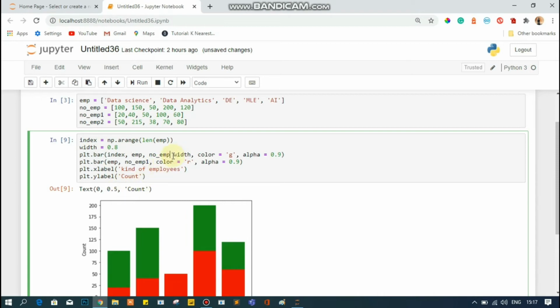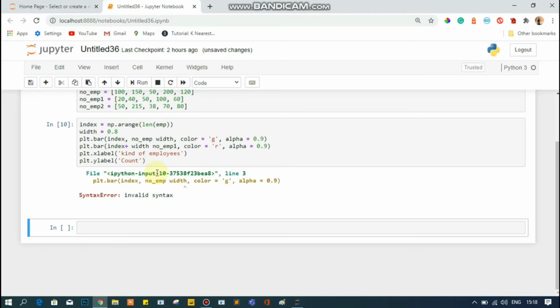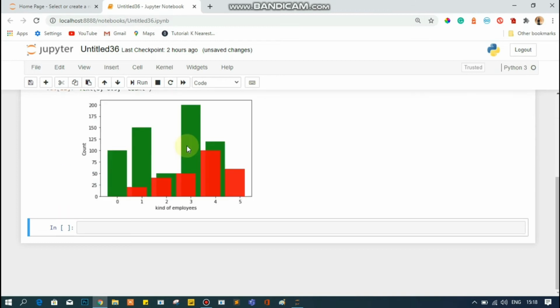I will pass this index inside this, and let me remove this number of employees, because I'm using this index, and this index is taking the length of this employee. I will use here index plus this width, and I will also type here width. Now let me run this.